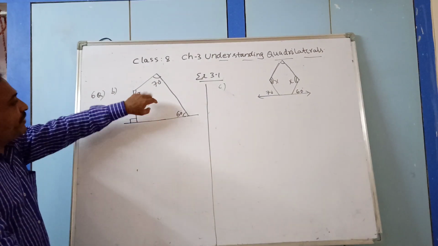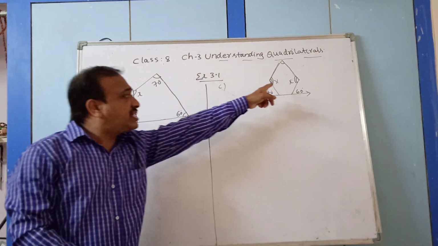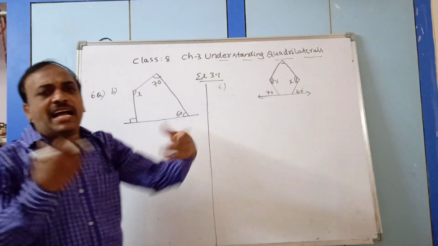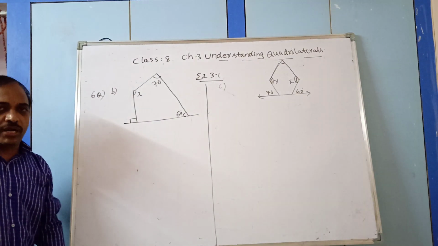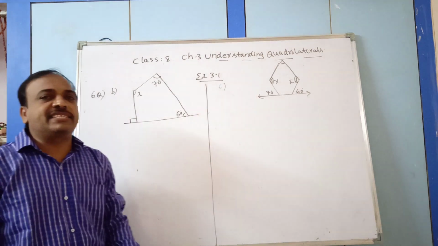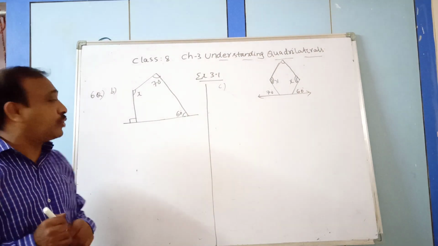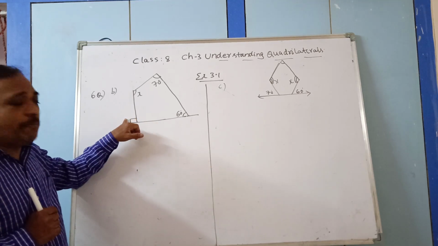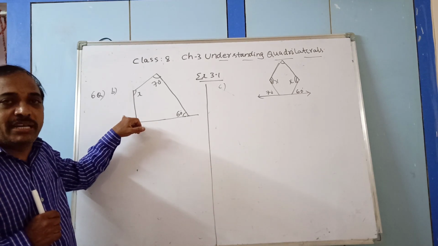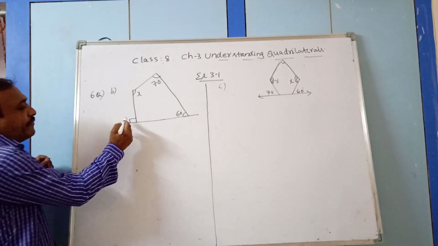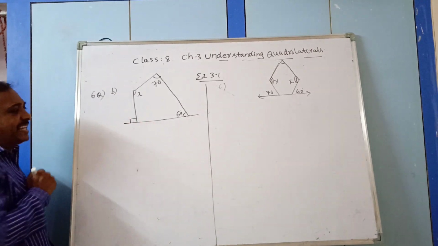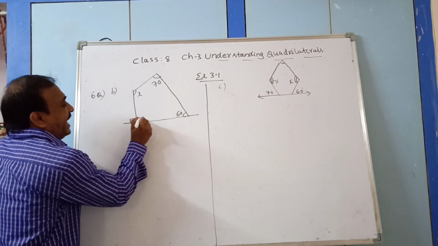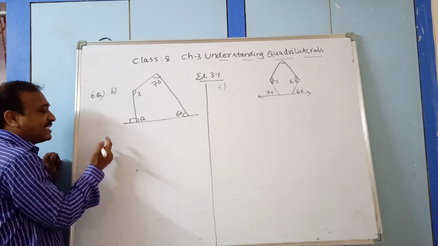What is the shape of the figure here? Quadrilateral. As we know, the sum of the angles in a quadrilateral is 360 degrees. That is the point which we have to use. But here this symbol represents 90 degrees. So if it is 90, this side also will be 90. I locate here as A.